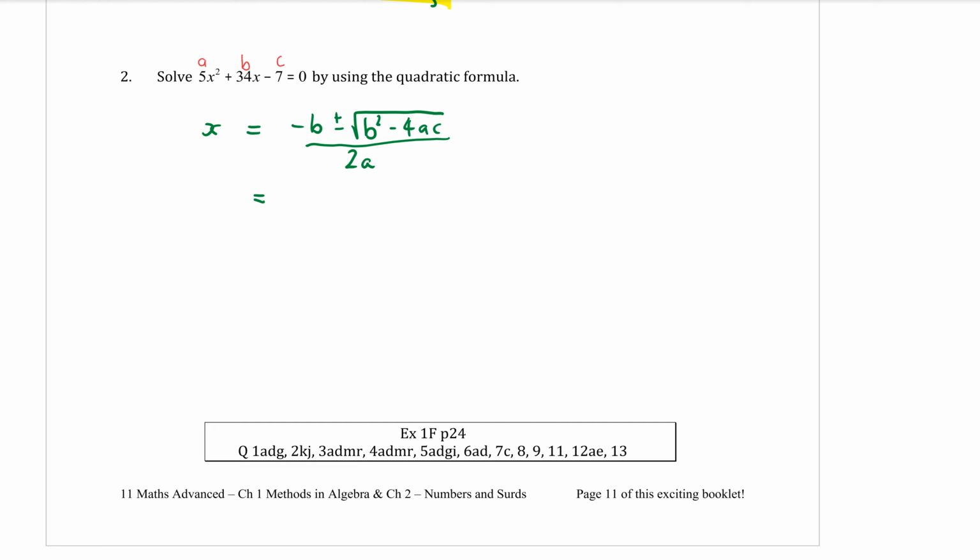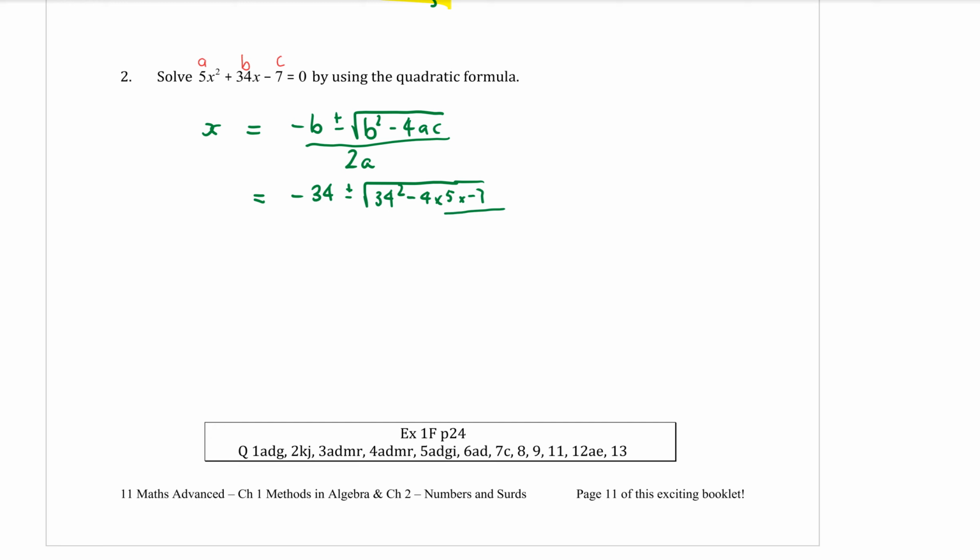b is 34, so I'm going to have minus 34 plus or minus, big square root sign. b again, so it's going to be 34 squared. If b is a negative number, please put that in brackets when you square it. A big common mistake that a lot of people made last year was to put, say, minus 5 squared in their calculator, and the calculator tells you minus 25 because it doesn't square the minus unless it's in a bracket. So if it's a minus number, put it in brackets before you square it. Then minus 4 times a, which is 5, and c, which is minus 7,